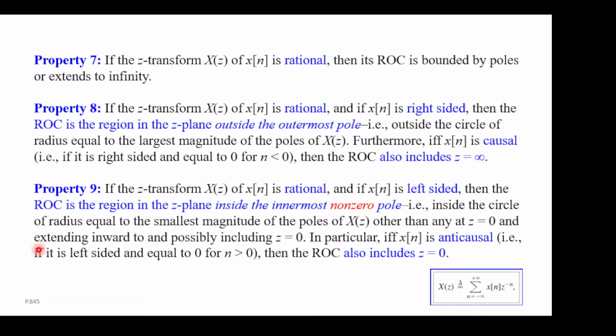Rational and right-sided. And similarly, rational and left-sided, then you should pick the leftmost ROC. So you are inside the innermost non-zero pole. And also whether you include 0 is dependent on whether you are anti-causal. Okay. Those 0 and infinity analysis, once again you can just look at this